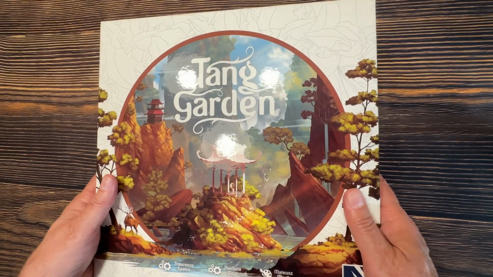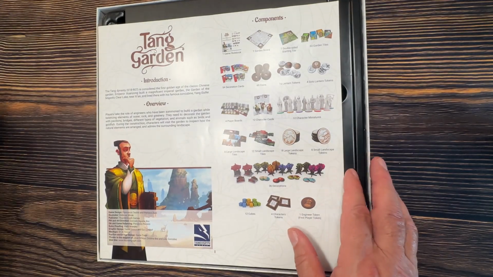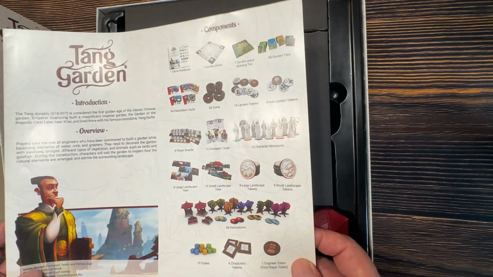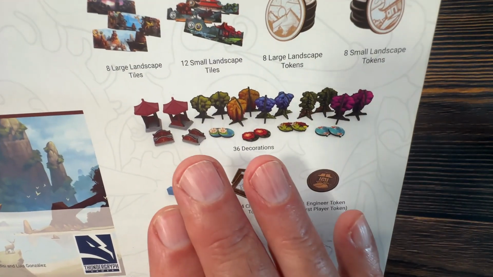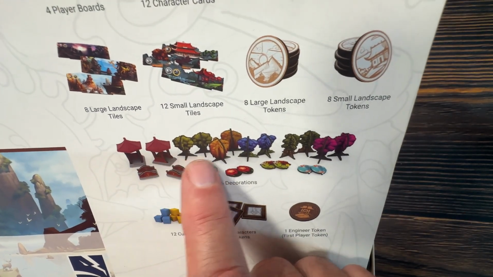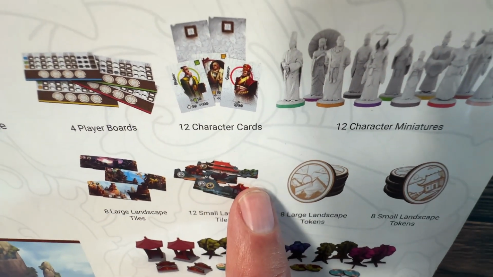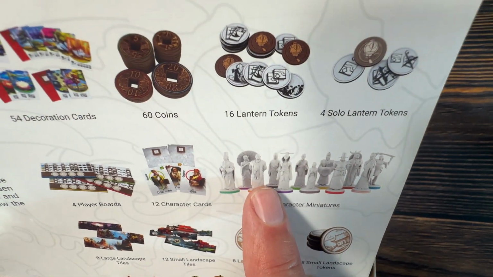And Tang Garden is a beautiful game about building a garden, and it's so zen. I love this game so much for its toy factor, I guess is the way I would describe it, because you do so much in this game to build a Zen garden type of thing, and you have all these beautiful decorations you're going to put on the board, and then all these beautiful tiles. They give the board a 3D effect, and these are your 12 character miniatures that you're going to use,